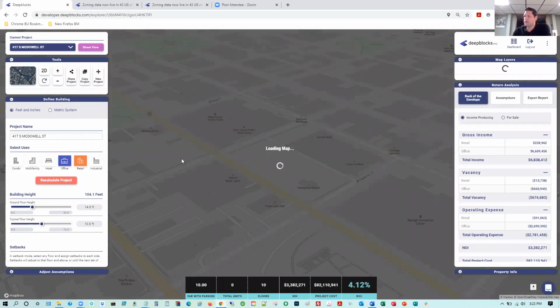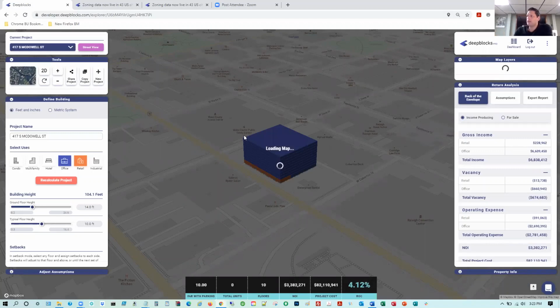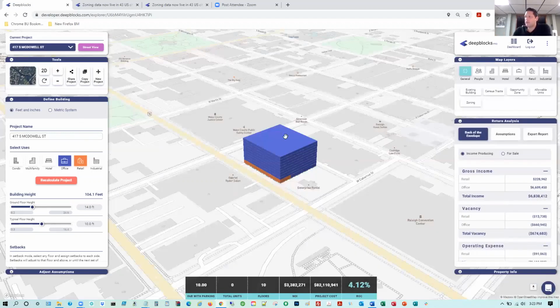So, and this is the second interface that I mentioned earlier, and this is kind of where you'll be adjusting and entering different assumptions for your particular evaluation process. And this is, again, the main concept with Deepblocks is truly to expedite that process. I will note that our users are seeing 90%